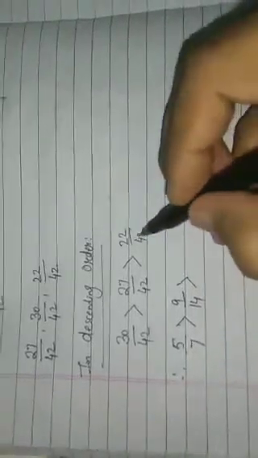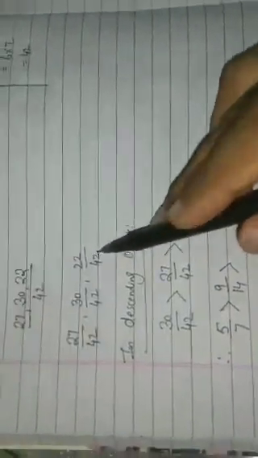Here the second fraction is 5 by 7, so you will write 5 by 7 first. OK. Then the symbol. Then after that, the number we took as the fraction was 27 by 42, that is your first fraction, and here the first fraction has been given as 9 by 14, so you will write it here, 9 by 14. OK. Then at last the third fraction, written as 22 by 42, and here the third fraction is 11 by 21, so you will write it here, 11 by 21. So this is based on your descending order. Clear students? If you have any doubt then you can also ask the query.